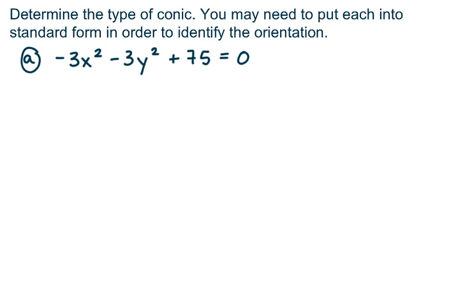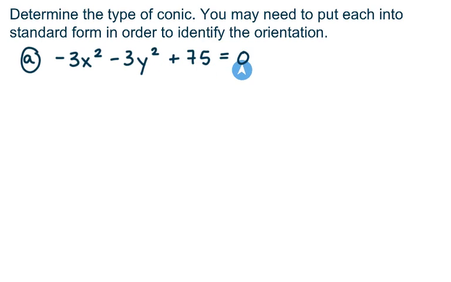Welcome. In this video, we're going to look at different conics and determine what type of conic it is, as well as state the orientation. Now, in order to state the orientation in a lot of these situations, we need the equation in standard form. All right, so for example A here, we're given negative 3x squared minus 3y squared plus 75